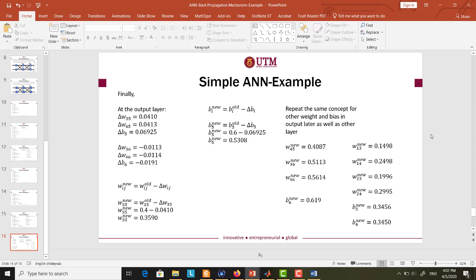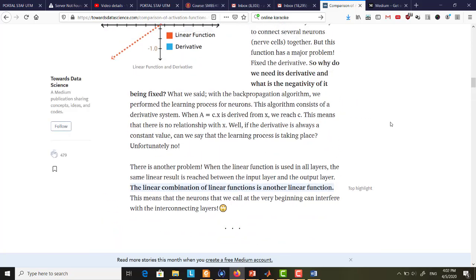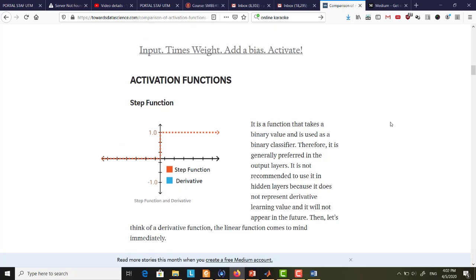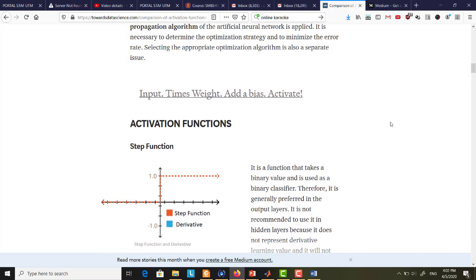Okay, you can see that the one you can refer to is this one. I think you can search through Google for activation functions, but one of the articles that I like to read is this one. Okay, it's the evolution, meaning that during the earliest days, when they tried to implement the